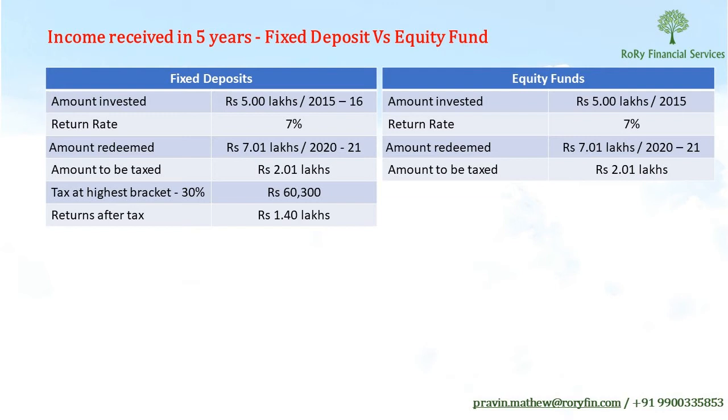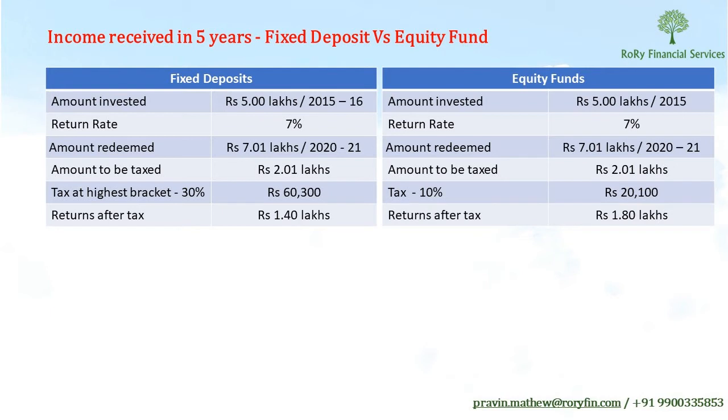So the gain is 2.01 lakhs, but the taxation differs. As I said, it's a flat 10% taxation. So now you can see the tax is reduced here. It's only 20,000 rupees, almost by 1/3 in this example. And therefore the returns after tax goes up significantly. It becomes